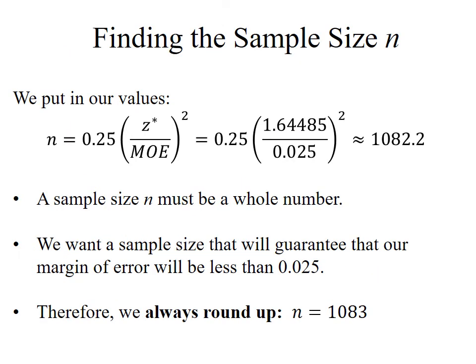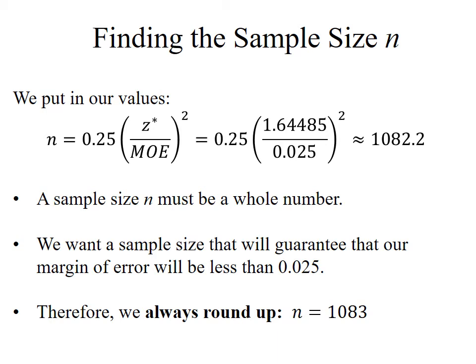So let's put these numbers in and find the sample size. There's the 0.25. We have 1.64485 above. We have our margin of error. We want our margin of error to be no more than 2.5%, 0.025. We divide them, we square them, we do some multiplication. And what do we got? We have